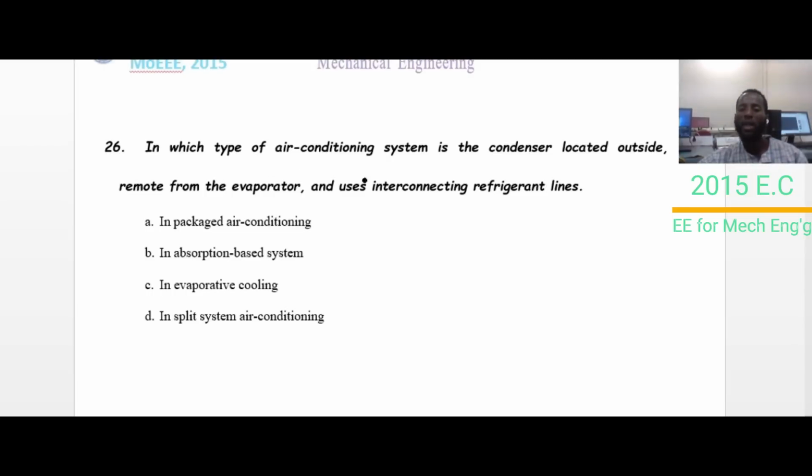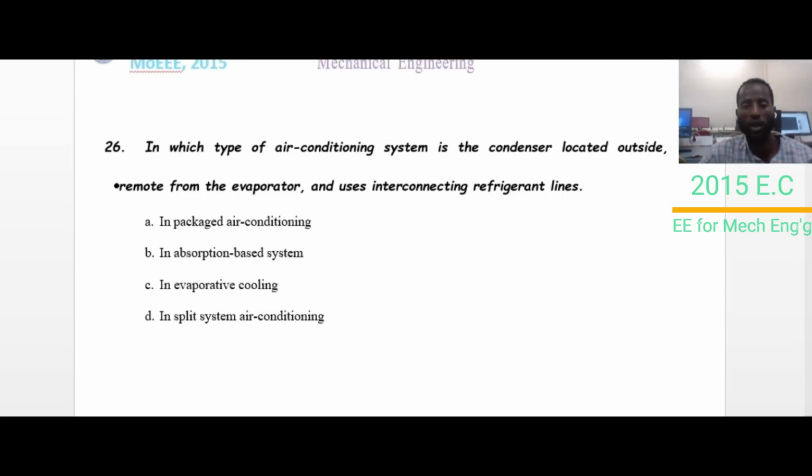In which type of air conditioning system is the condenser located outside, remote from the evaporator, and uses interconnecting refrigerant lines? A. Packaged air conditioning. B. Absorption-based system. C. Evaporative cooling. D. Split system air conditioning. From this one, on which type